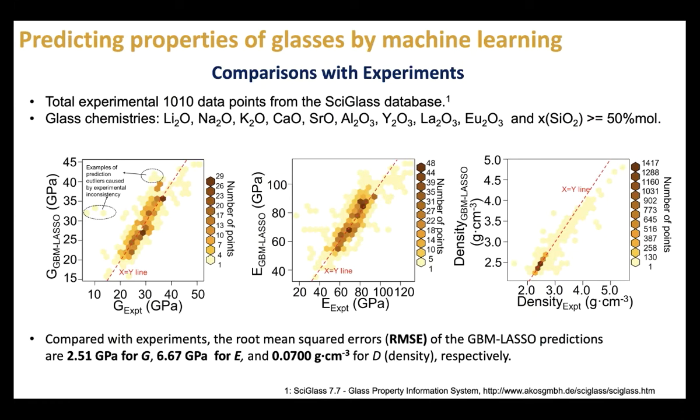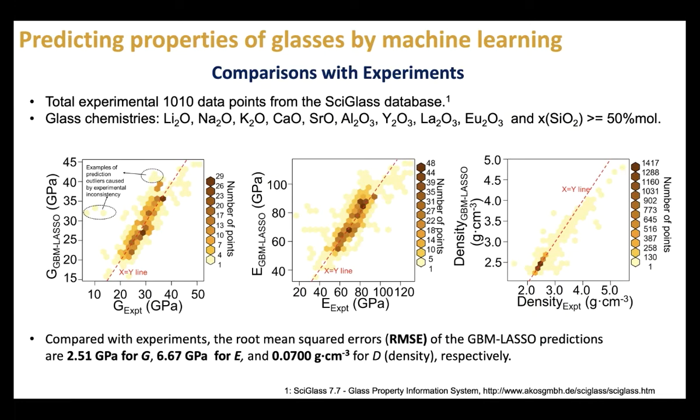experiment. For example, compared with experiment, our prediction's root mean square error for Young's modulus E is about 6.67 GPa, which is shown in the middle. The average Young's modulus is around 70 GPa. So we can see that our accuracy is still about 10% error, which is still pretty amazing. Imagine that we're searching a huge composition space with more than 10 components, and we never included this data in our